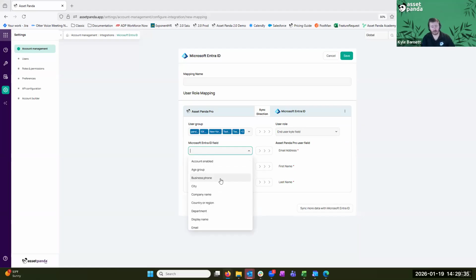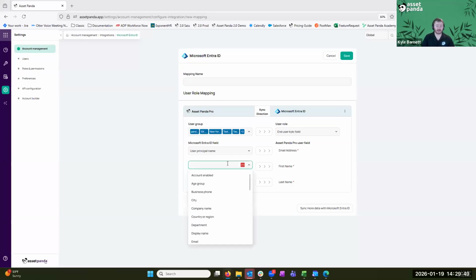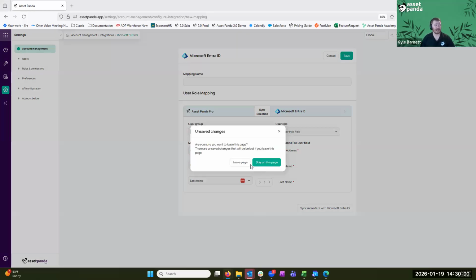So with this, I typically recommend utilizing the user.mail or the email attribute, or you can utilize the user principal name. Either or is perfectly fine. That way we're making sure we're getting the correct email address for them. Then also for the first name, that's going to be the first name. And then for the last name, again, we want to use the surname or the last name. And then we can go ahead and sync that data over and give this mapping a name.